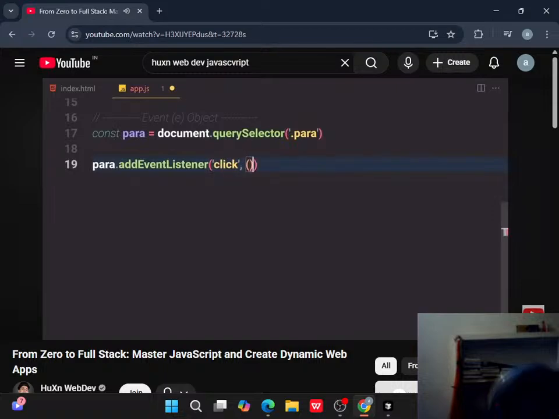And here we are going to be passing our arrow function, but we are also going to be passing our event object right here. So this is going to be a special